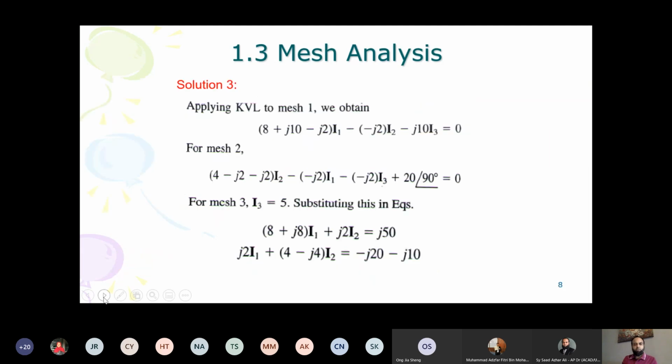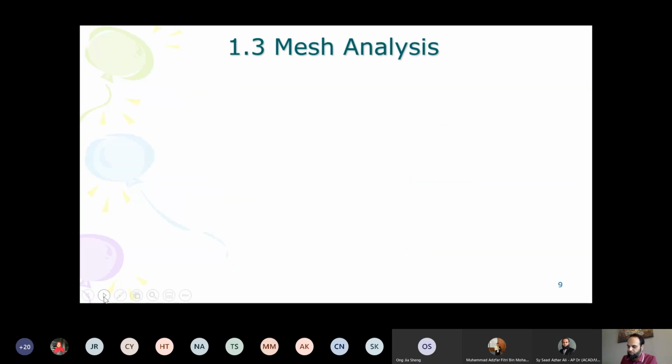All right, so this is the properly typed equations. Again, the same thing, it's nothing different. You can see that I3 here is 5 and we found one of the equations, which is this one. We should have the simplified form. Yeah, this is the first equation and this is the second equation, I believe. So again, solving it,